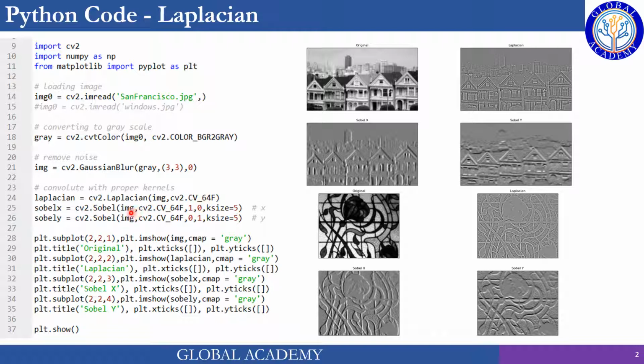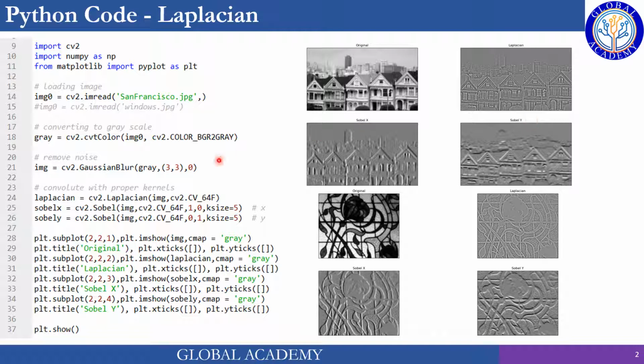And then we use the Sobel operator along the x-axis and then the Sobel operator along the y-axis, and we pass the same blurred image to all the methods. We saved the transformed images to different variables and then plotted and displayed all the images. So here is the original image. That's the Laplacian, Sobel along y-axis and Sobel along x-axis. And similarly, we ran the same code for a different image like this one, which is a window image, with Sobel along x-axis, Sobel along y-axis, and this is the Laplacian.